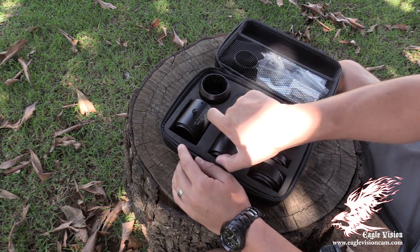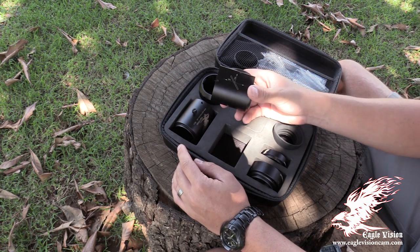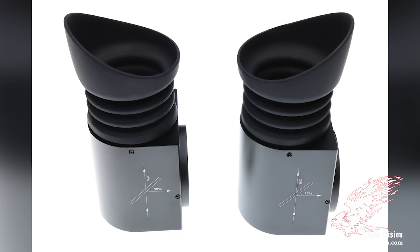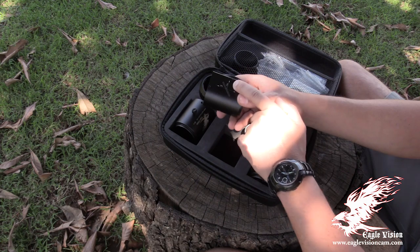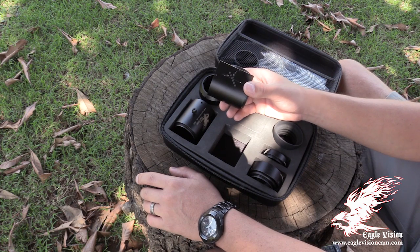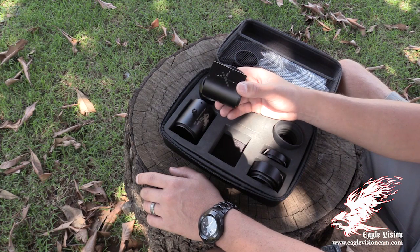So let's start with the prism that you get. Now basically there are two types of prisms that you can choose from. This one is a 25 by 75% pass-through, which means that my eye will see 25% of the quality and my camera will record 75% of the quality. Now with this model, there might be some difficulties using it in low light conditions, early mornings and late afternoons,